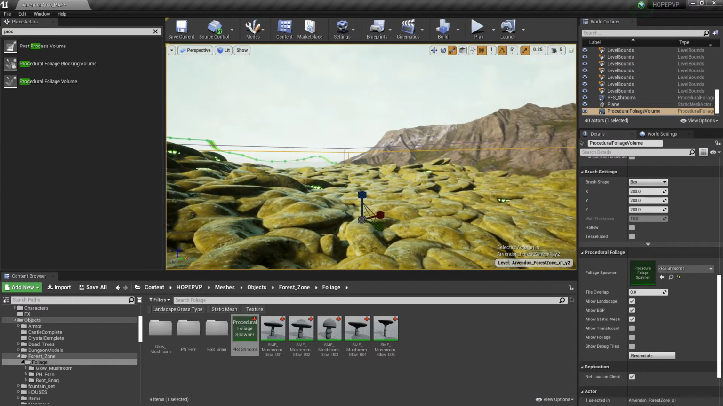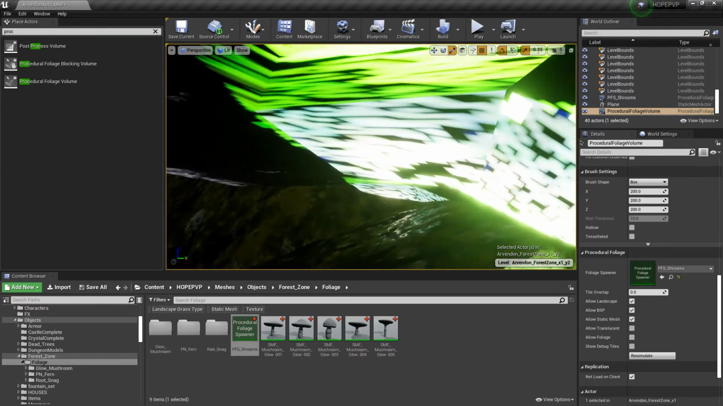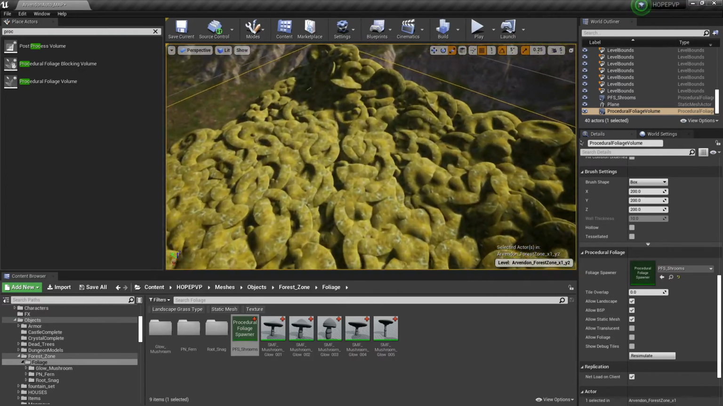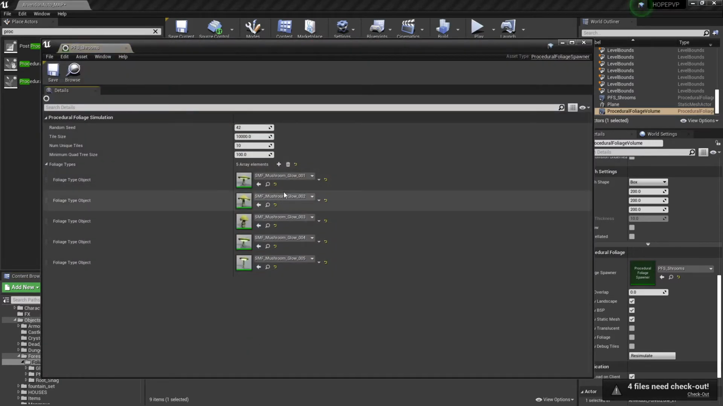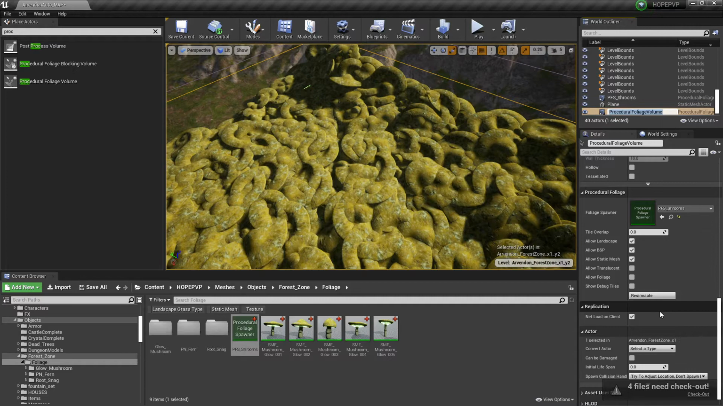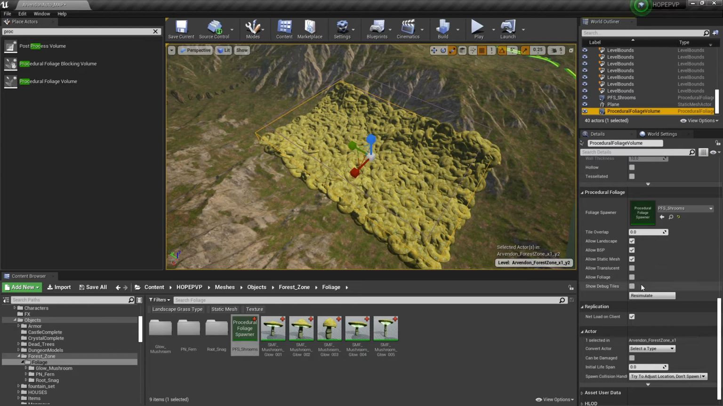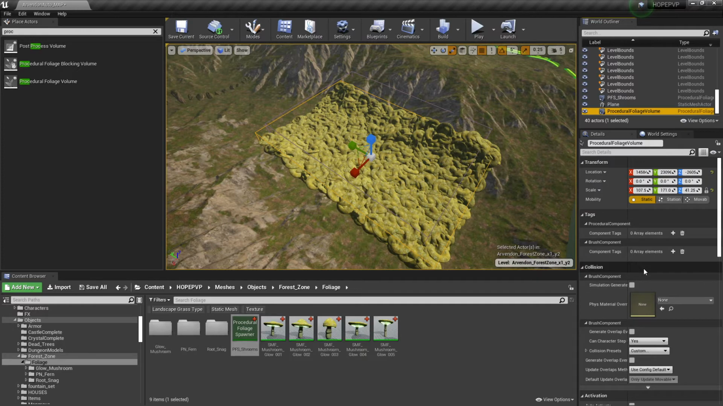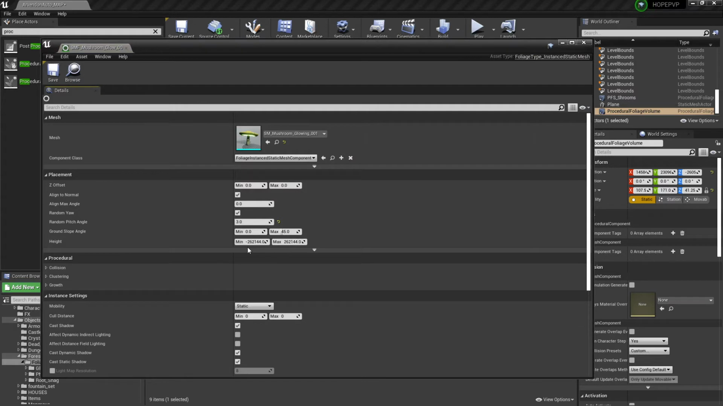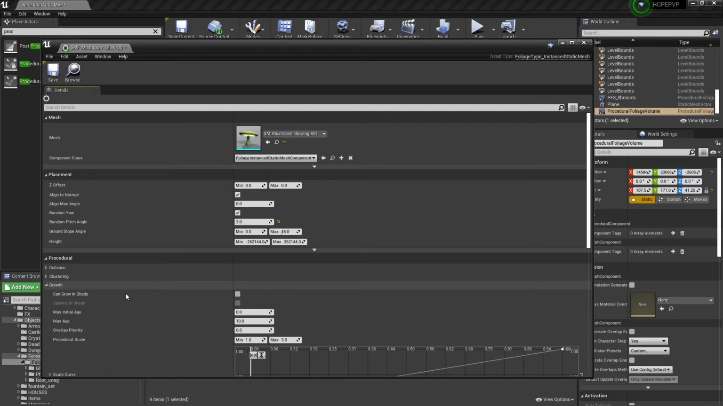So what is going on there? Looks kind of neat, right? But they're too big, they're too many. So we're going to go in and mess with our spawner a little bit. So not there. Oh, you know what? It's under the static mesh. That's right. So if we go into each of these static meshes, we go under growth and procedural